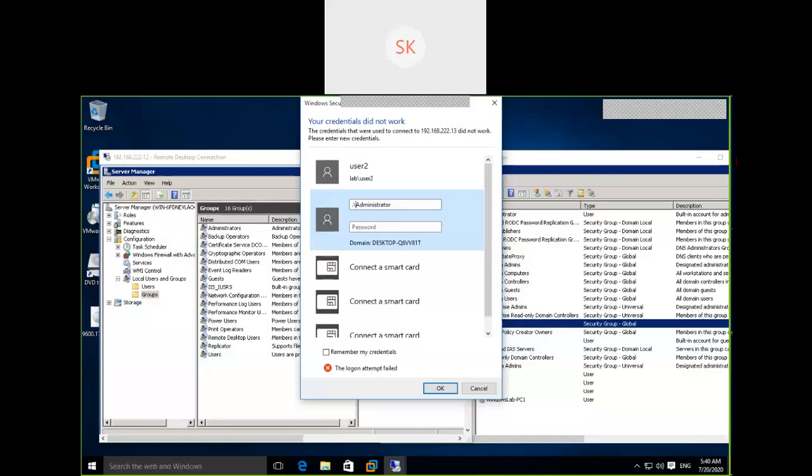To log into the local system and avoid domain logins, we can either mention the server name or the IP address slash administrator, or else simply dot slash. I'm going to use local system credentials. Just mention the password.